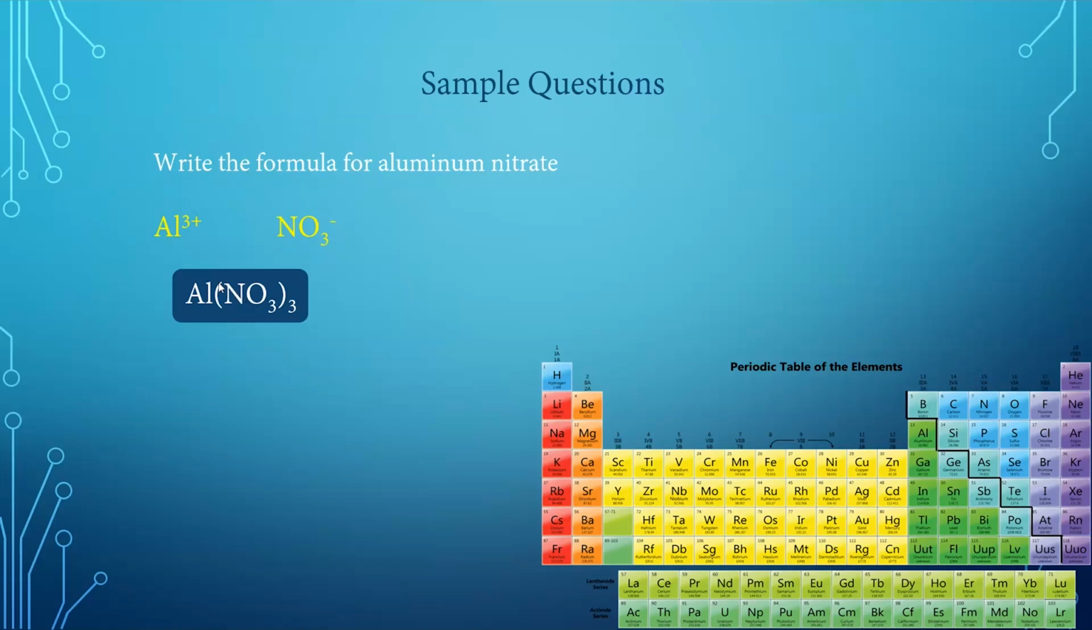Now you're probably wondering, why did I put the nitrate in parentheses? Well, you have to do that because we want the 3 to apply to the whole thing. We wouldn't want to just write NO33. It's NO3 times 3. Okay,